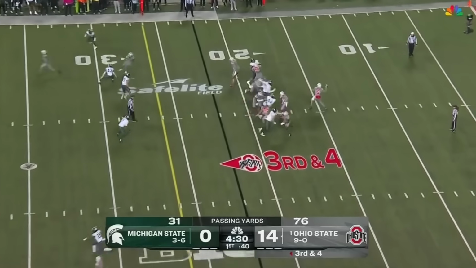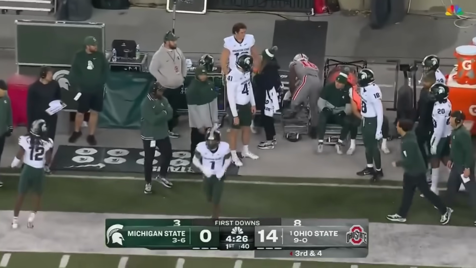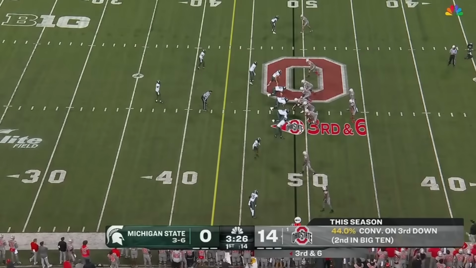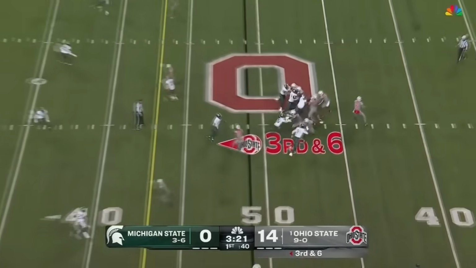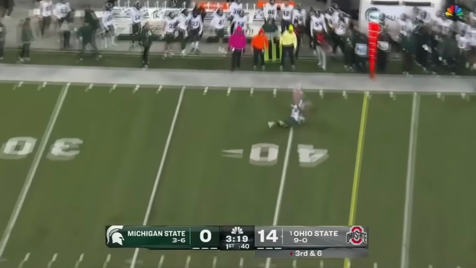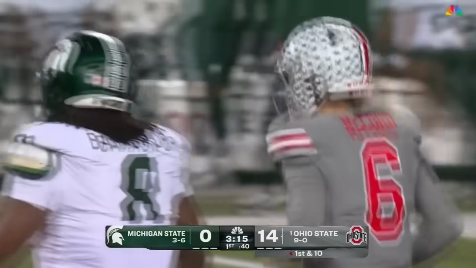McCord back to throw. Sets up from his 15. He'll sail that one up the right side. Harrison got it and knocked out of bounds at his own 47-yard line. In a shotgun, train him back there with him. 3rd and 6, Ohio State at the MSU 49. McCord going to pull the trigger with a toss on the right side. Caught at the Spartan 39 by Fleming, who's dragged down right at the 40 by defensive back Chester Kimbrough for